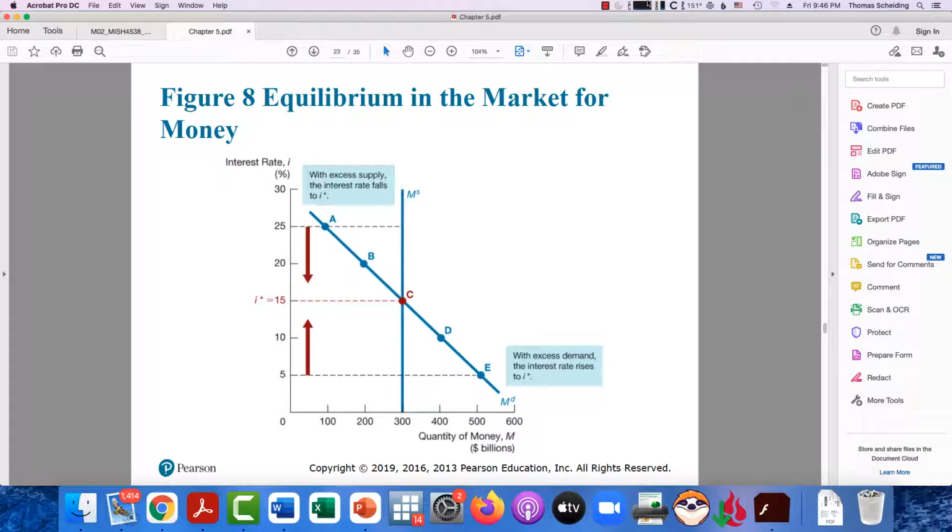The supply of money is vertical, as you'll see here, because that is determined by the Federal Reserve. It is independent of the interest rate. It's just saying there's going to be 300 billion in cash. But the demand changes along that curve. And so this market, once it's in equilibrium,